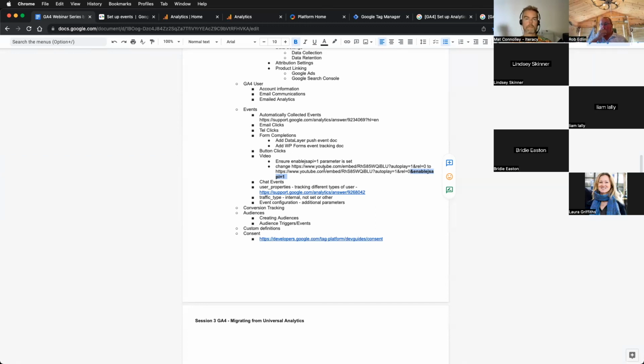We see a lot of people worry about this, and that's actually one of the last things that I was just going to cover on here. GA4 allows you to integrate with content management platforms, and you can actually build your own content management platform if you like as well. So what Liam's referring to here is